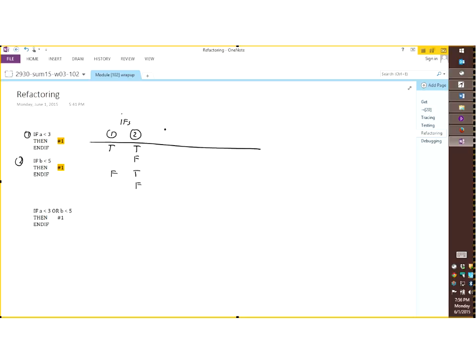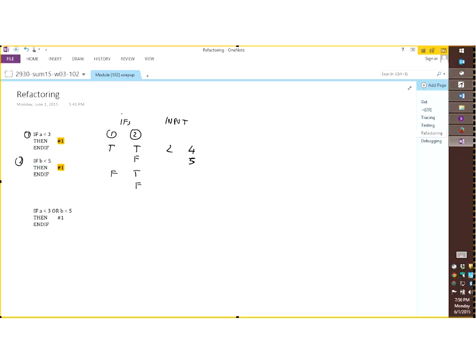In terms of input, let's try to map that into tests. If a is less than 3, for a to be less than 3, that would mean, for example, 2. 2 would be good. I'm going to remove this line because it's making the whole thing slanty. Now, for the second if statement to be true, that would mean that b is less than 5, so I'm going to use 4. And because it's strictly less than, if I want the statement to be false, I can use 5.